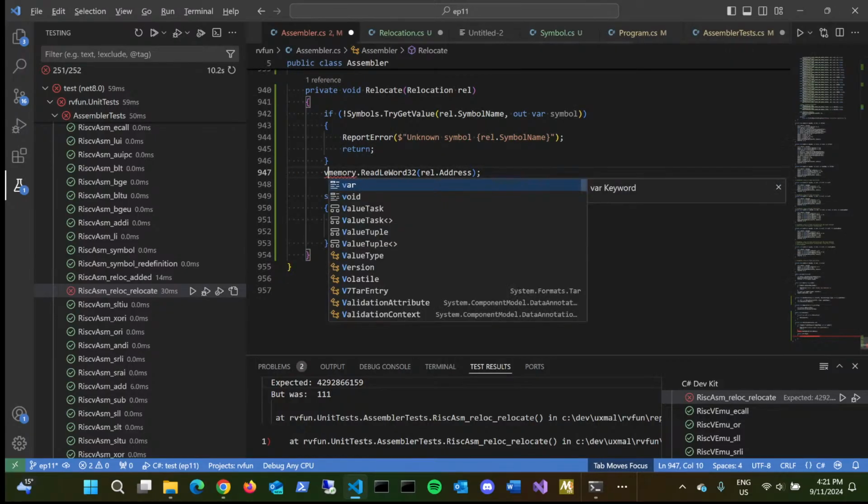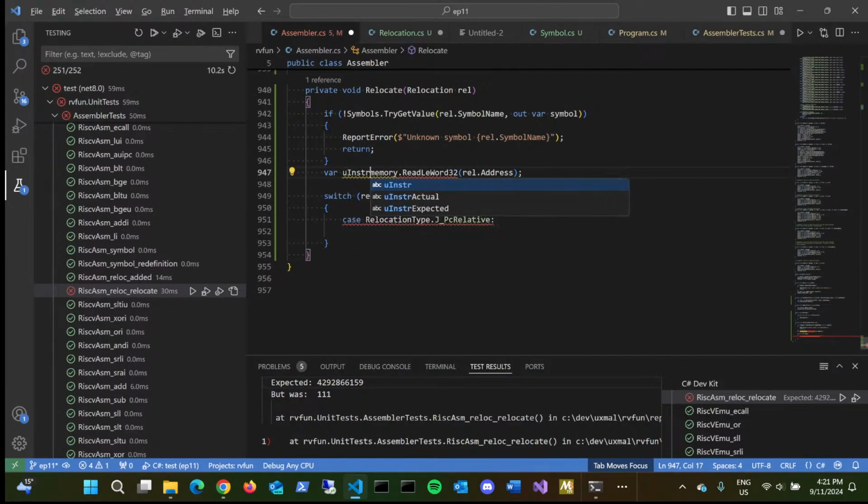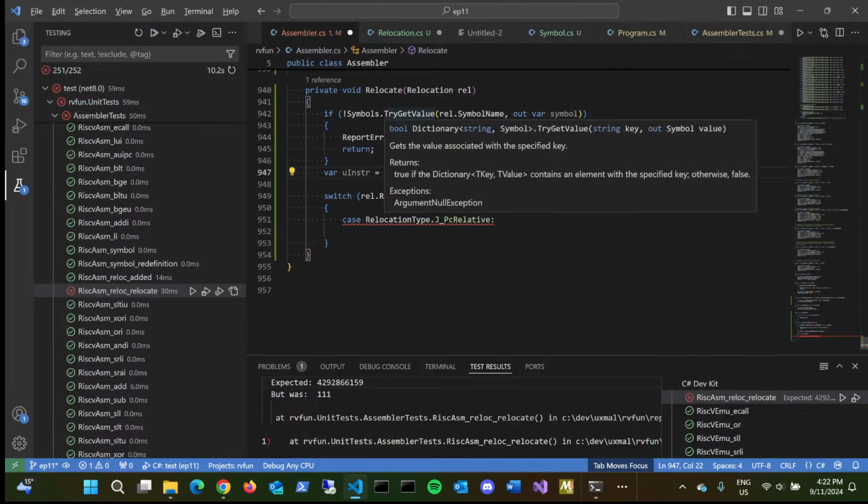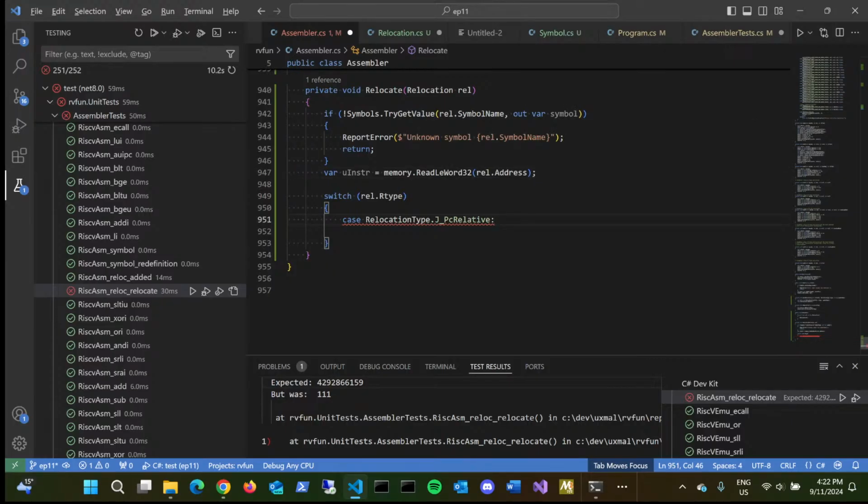Okay, so there is the old word, the old instruction, or the existing instruction, I should say. And so we'll say is var uinster is this. So what we want to do now is compute the difference between the current address and the address of the symbol that we obtained, because the symbol has an address, remember? So what we'll do is we'll say